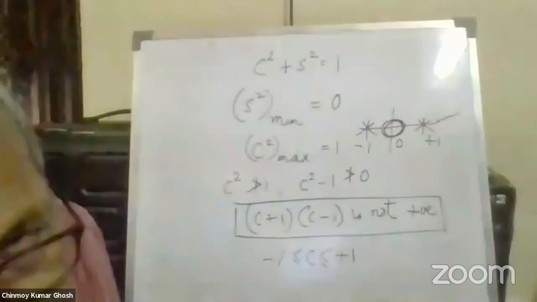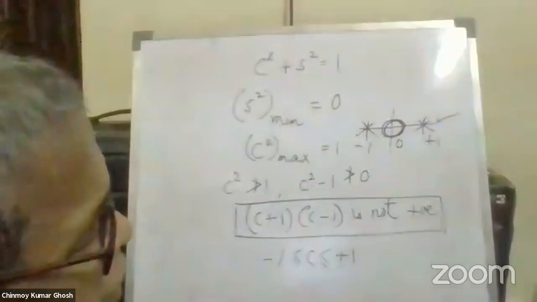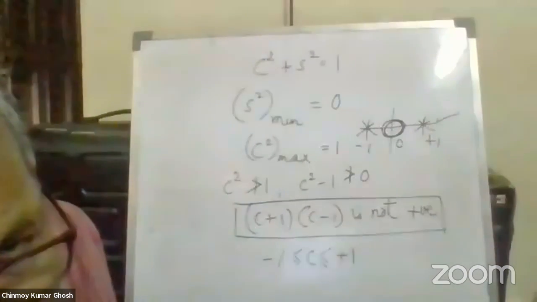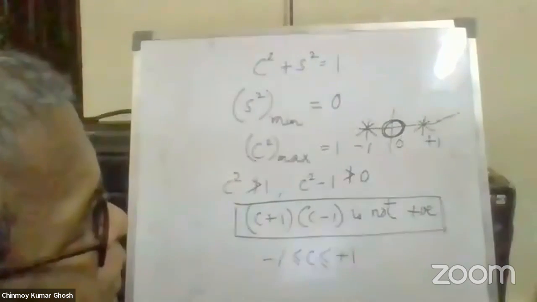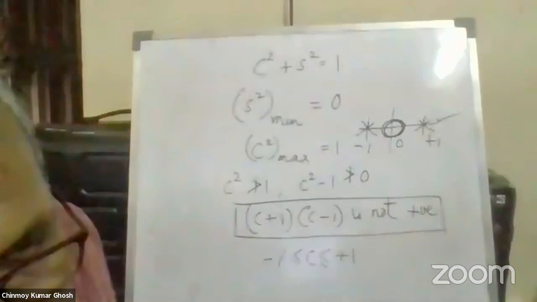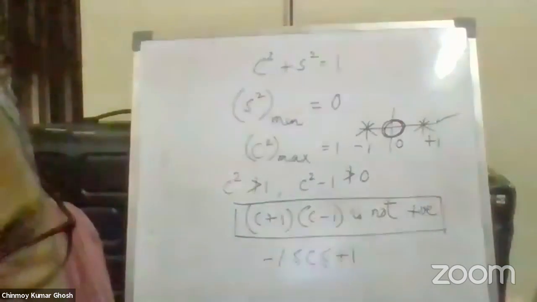If I just tell directly that because c square and a square both are real positive, and so if a square is 0, then c square equal to 1. Then the maximum value of c square equals 1, so c equals +1 or -1, but we cannot take -1, so c is equal to +1. That is okay. I made it a little more rigorous. Whatever you have said is inbuilt in this analysis, but this is much more rigorous, which directly also brings out the range in which cosine theta and sine theta lie.